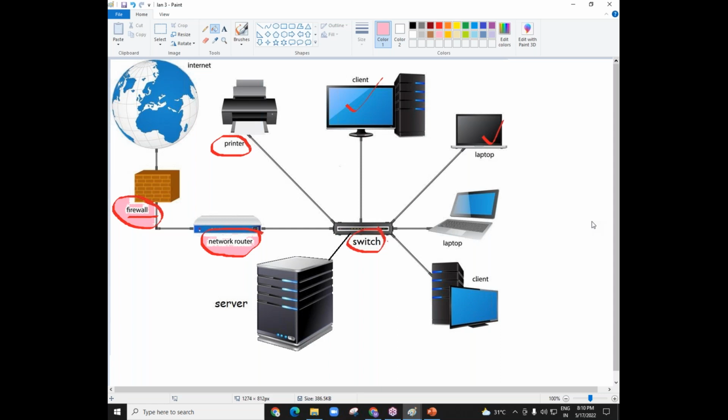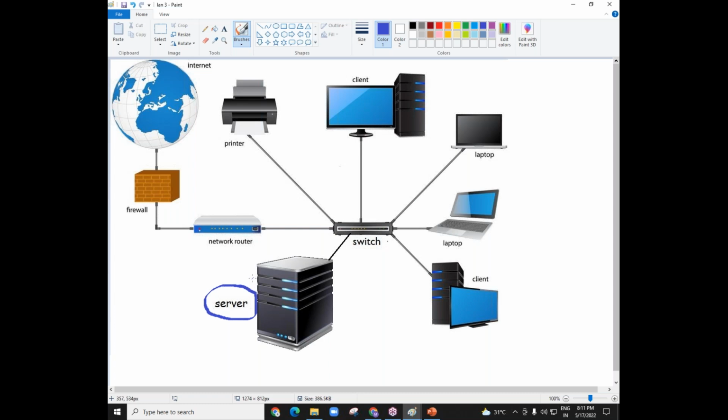So a firewall is there for some work, a router is there for some work. And coming to the switch, a switch is a device that will connect all the other devices. It will control the communications, and it will control the data passing within our local area network. So these are the three devices we have in each and every network. Got it? But let us come to the big fish now, the main device. The most important device in a computer network is this one, the server. This is the most important device we have in any computer network.